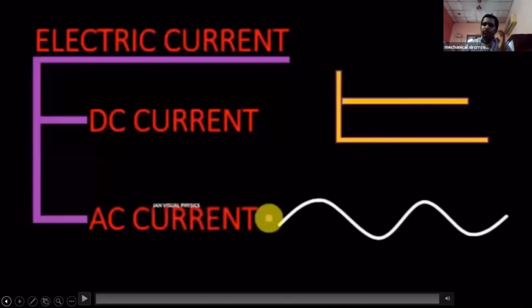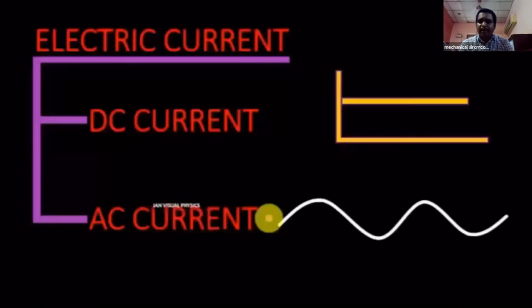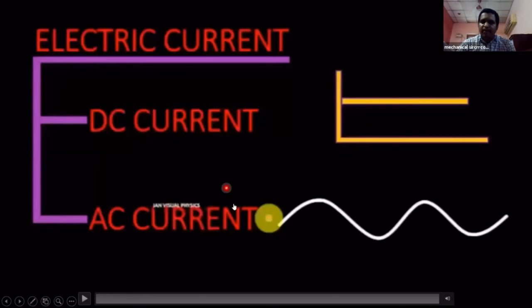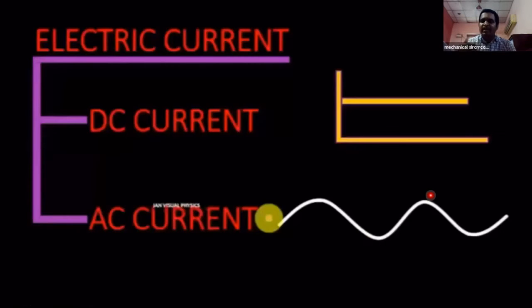Before that, you should know what alternating current and direct current are. Then only can you understand the rectification process. See this. Electric currents are of two types: DC current and AC current. AC current is alternating current, meaning it develops positive for one cycle, negative for the second cycle, positive, negative, so the direction of current changes every cycle. For 180 degrees it is in the positive phase, and for the remaining 180 degrees it is in the negative, meaning the current direction changes every 180 degrees of rotation.